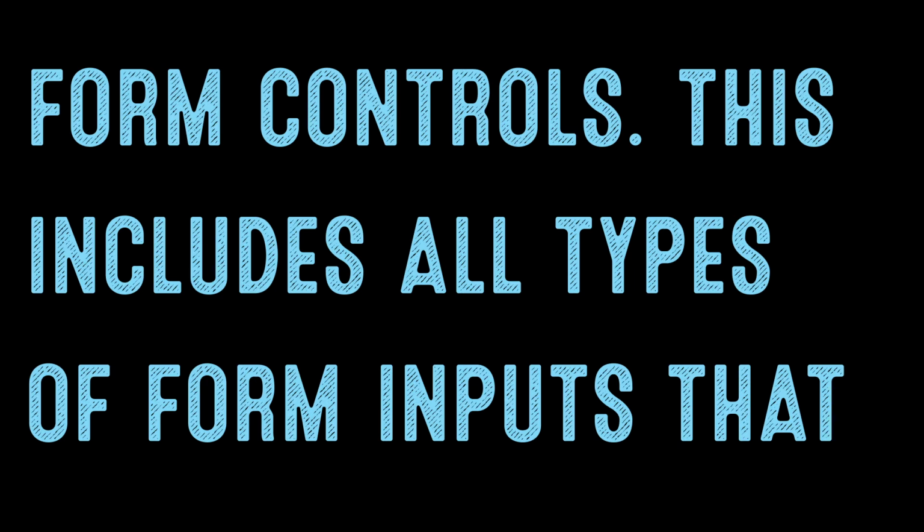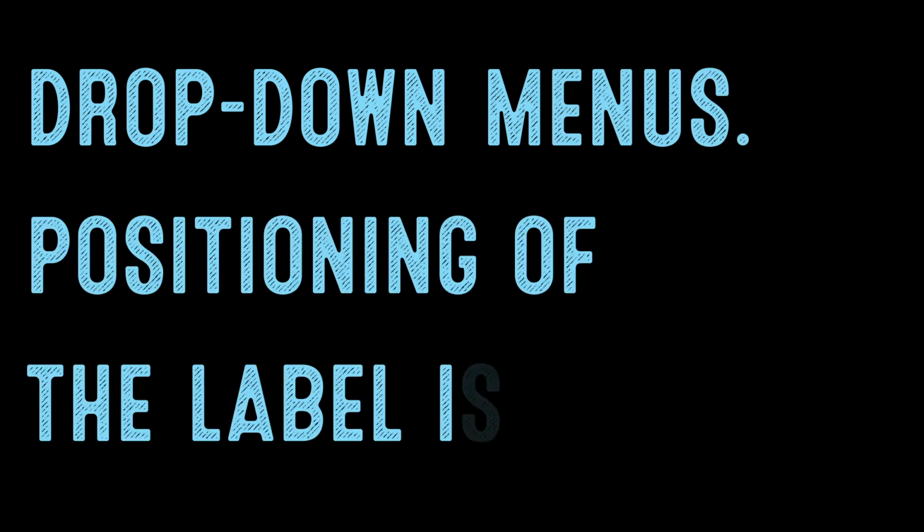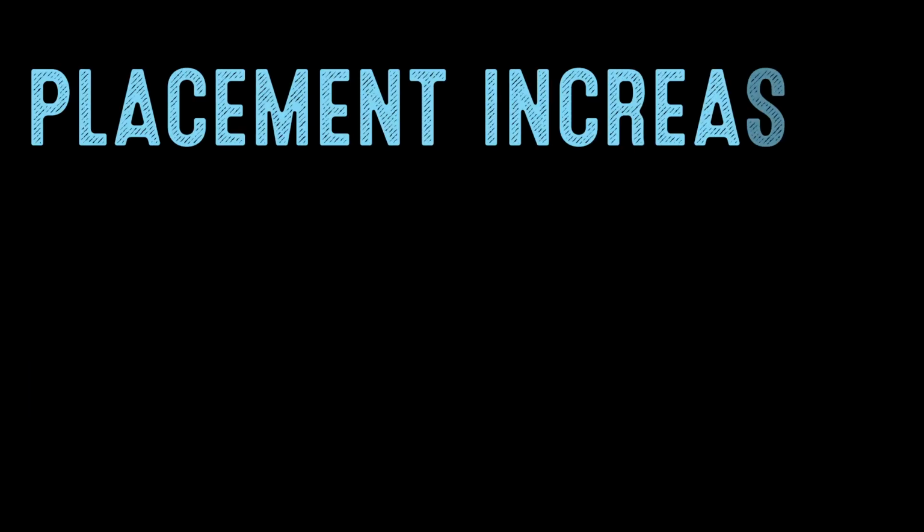It is important to provide label elements to tag all form controls. This includes all types of form inputs that include text fields, checkboxes, radio buttons, and drop-down menus. Positioning of the label is also important since maintaining a consistent placement increases predictability and users have expectations for how